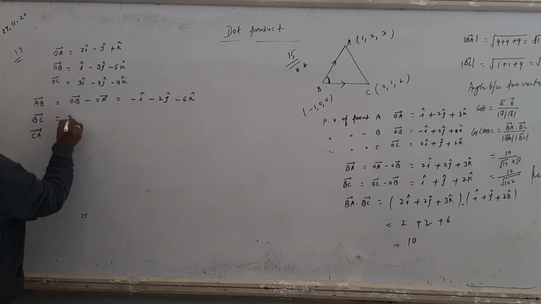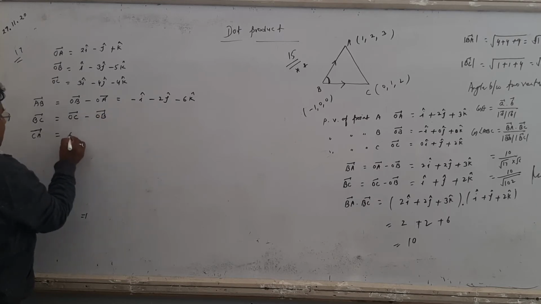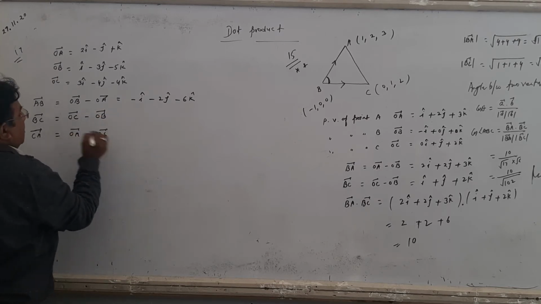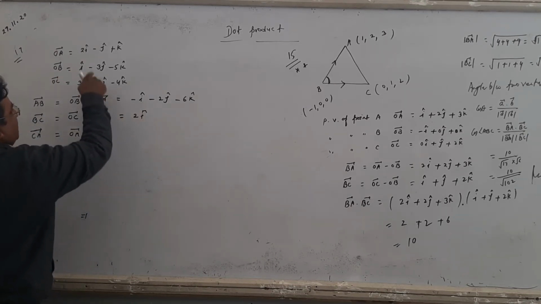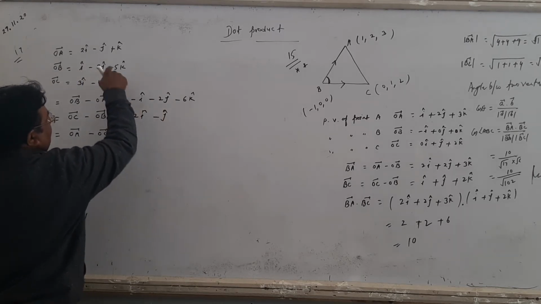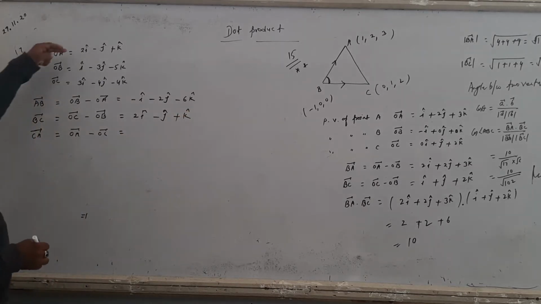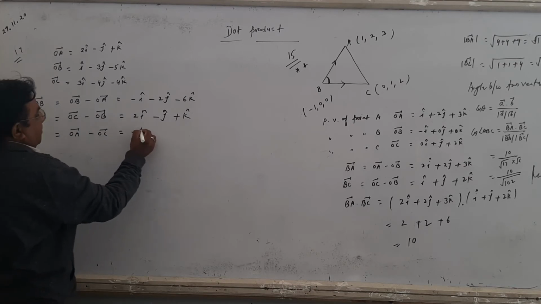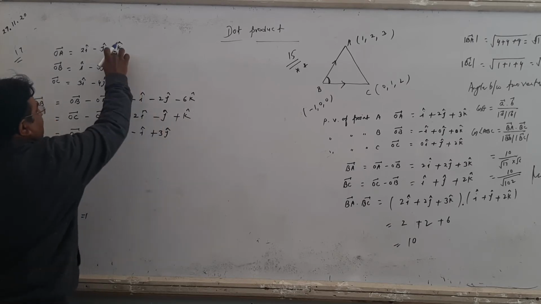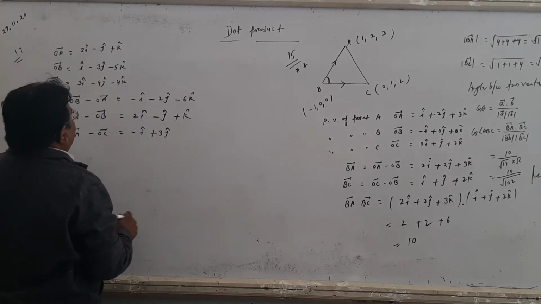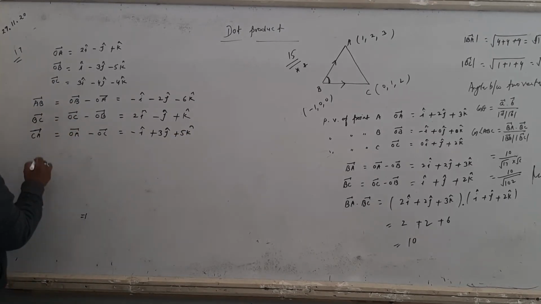Now vector BC is OC, terminal point पहले आता है, vector OC minus vector OB. And vector CA, that is OA minus OC. Now OC minus OB, 3i minus i, that is 2i cap. Right, minus 4j plus 3j, minus j cap. Minus 4k plus 5k, that is k cap. And now vector OA minus OC, 2i minus 3i, that is minus i cap. Minus j plus 4j, plus 3j. And plus k minus minus 4k, that is 5k. So now look here, these are the 3 vectors AB, BC and CA.